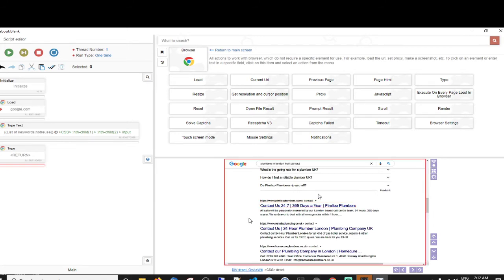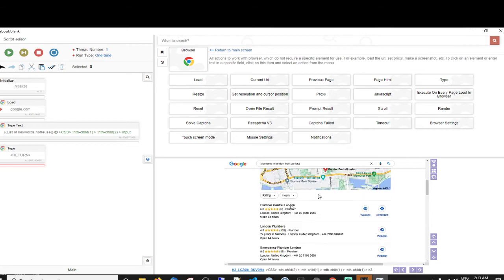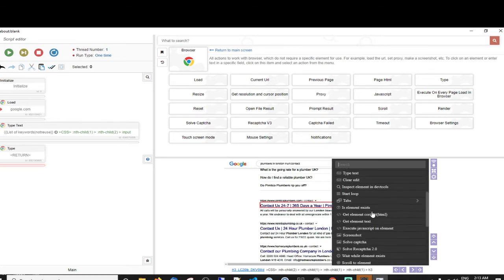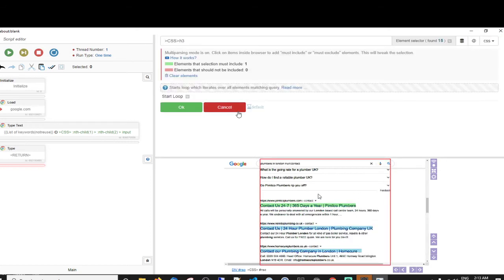I'm going to use the loop function so that we learn something in this video as well. We could use regex, we could use XPath to do this, but I'm going to use the loop, which basically, well, you'll see. So let's just take one that we want to grab. I'm going to grab this because after I've grabbed these, then I can grab the link that's underneath it. That should work out that way anyway. Start loop. These are always fun.